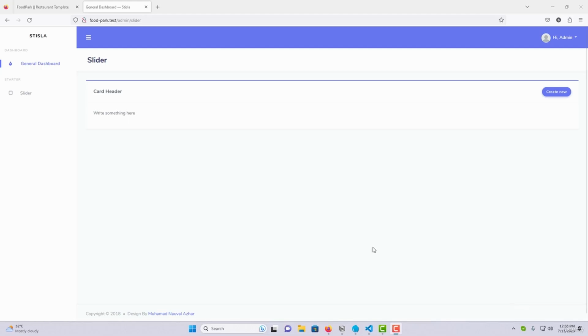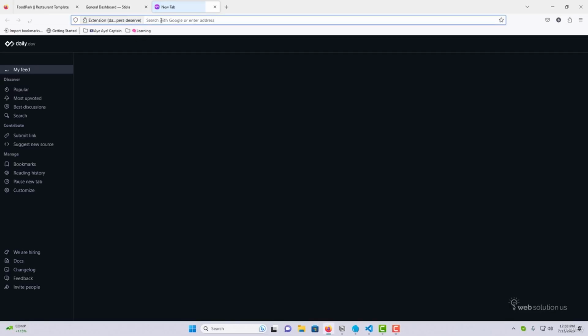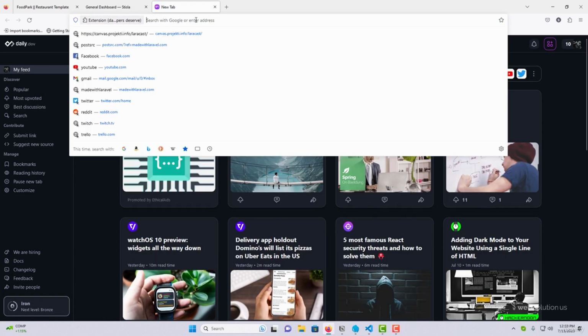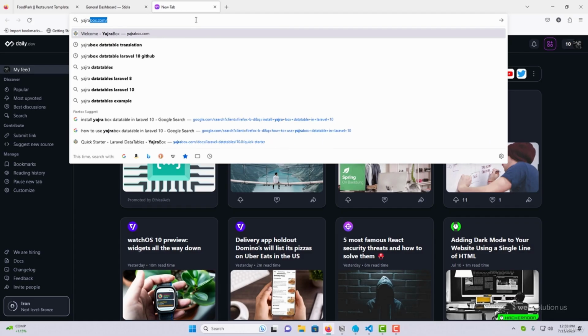But if you have previous knowledge about Yajrabox Datatable, how to work with it, it will be a plus for you. You'll catch up with everything easily. So let's start our work. First of all, what we will be doing is installing the package into our Laravel project. So for that I'll be searching for Yajrabox